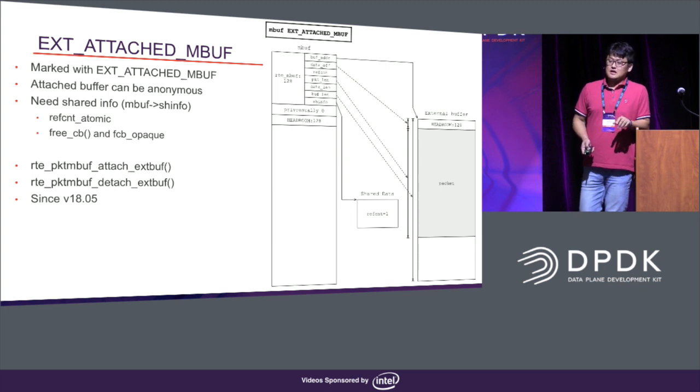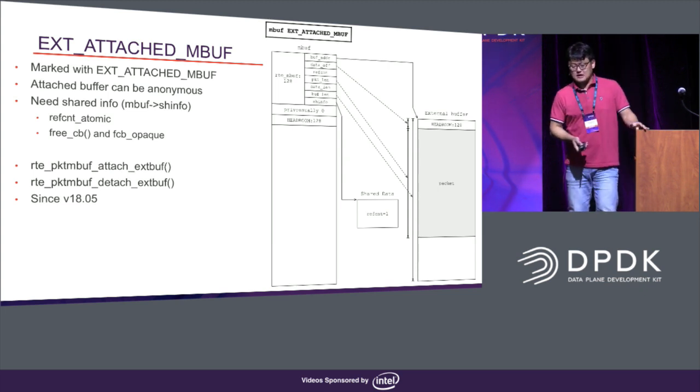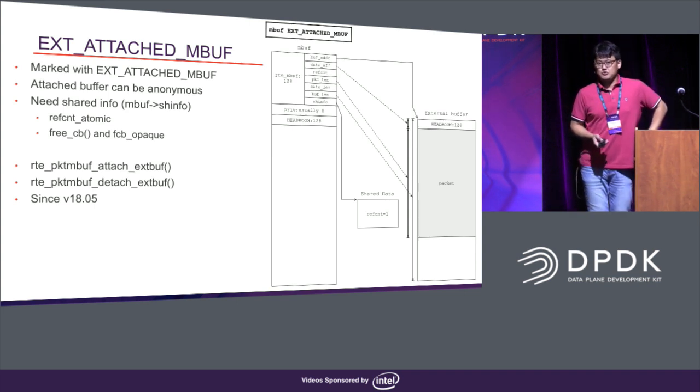It can be any type of buffer, a storage buffer or a GPU buffer. If you use the standard API, rte_pktmbuf_attach_extbuf, you can attach an external buffer to the mbuf, and it will replace the buffer address and everything, so it is compatible with the existing mbuf APIs. But the difference is that